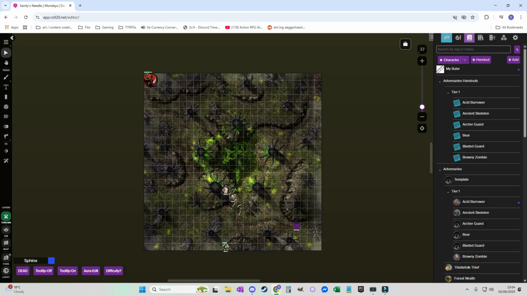My name is Sphinx, and today we're going to go over how to set up a Roll20 token for an adversary within the system known as Daggerheart, published by Darrington Press. Now, this will require you to have access to the adversary sheets on Demiplane, as well as being able to link your Demiplane account to Roll20, which I believe